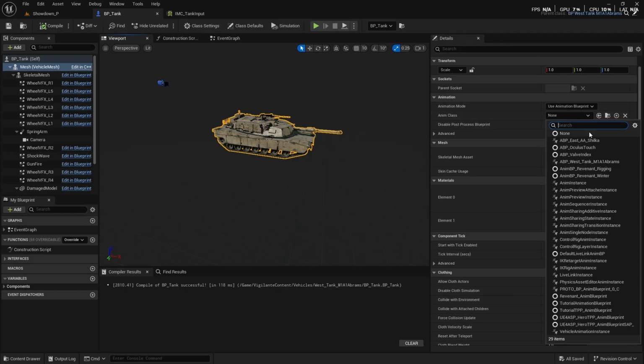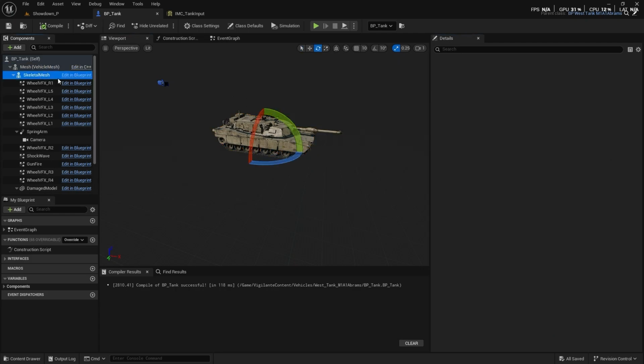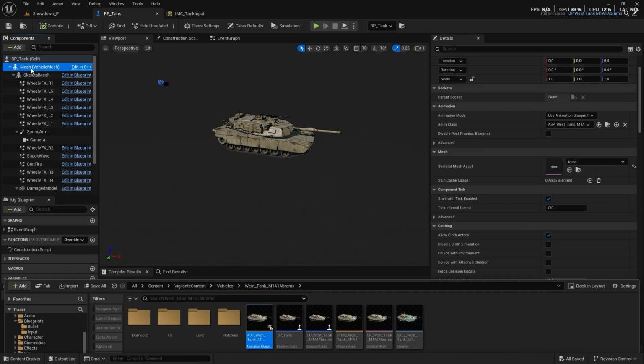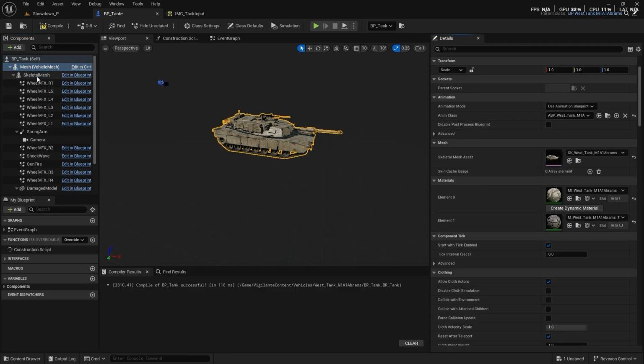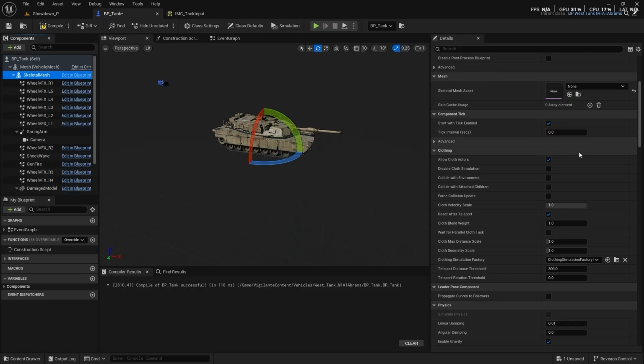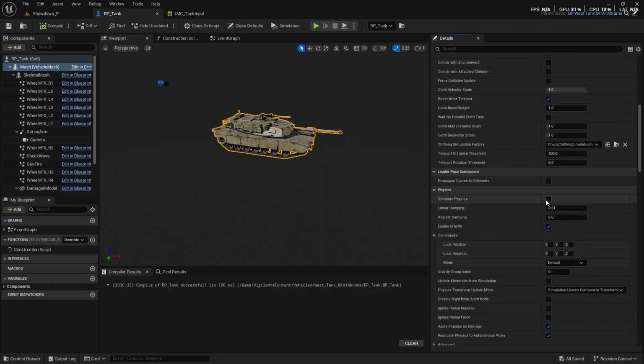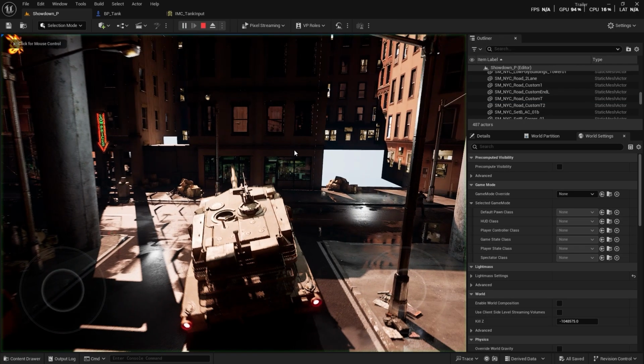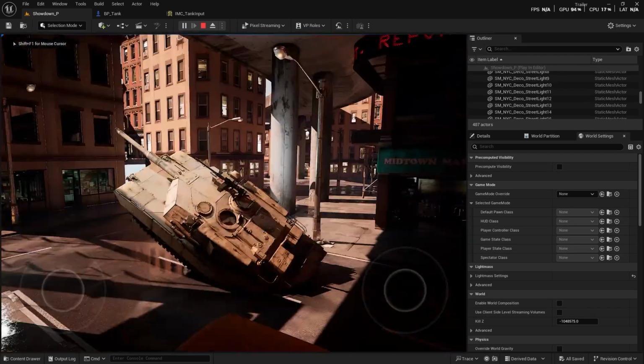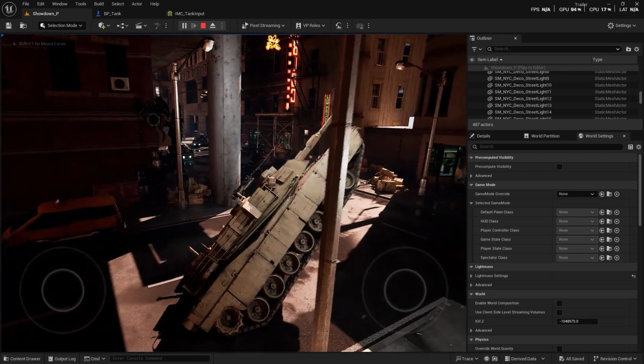I also need to select the blueprint. If I come here, this is the blueprint. I'll just apply that blueprint in here. Do we have anything else in here? I think that's fine. Now if I compile and save everything, the thing we need to do is to come here, simulate physics and this one, and I'll compile and save, and now let's play the game. Now you can see it still seems a little